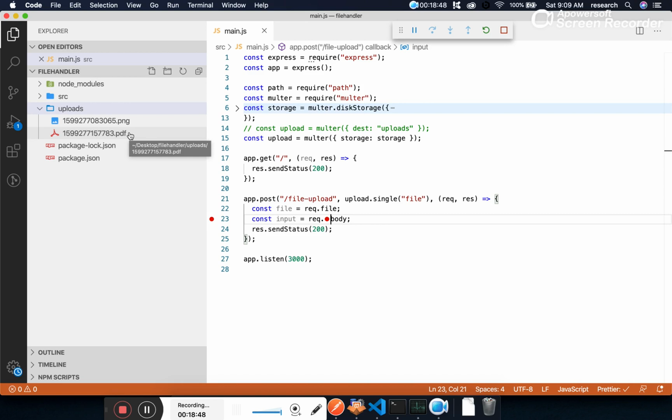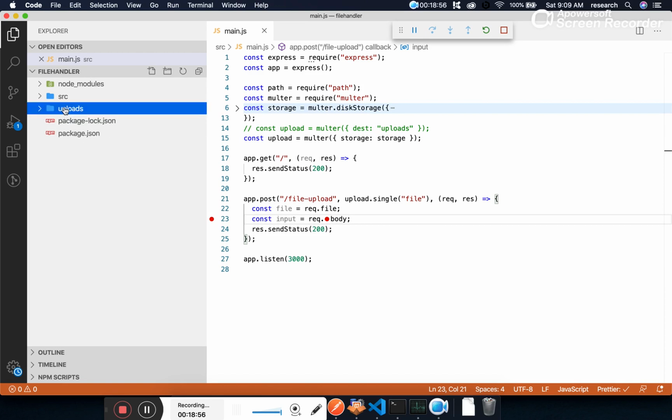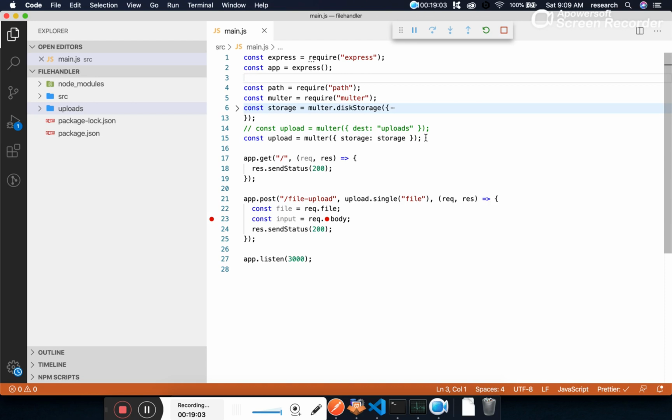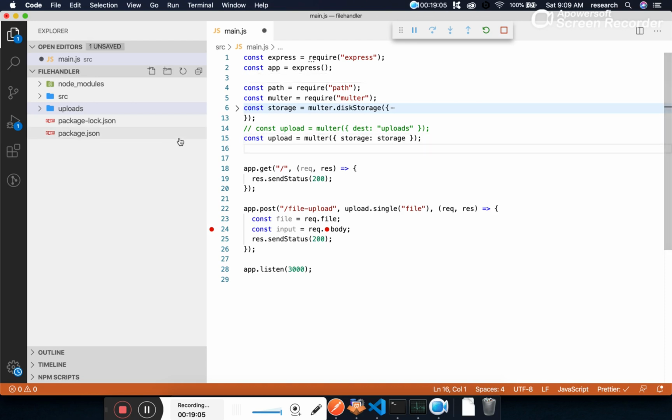What we want is to access these files. How do we access this file? These files have been uploaded in this folder, and how do we access them if we want to? So in Express JS, there's an option to make these files public. Make your folder a public folder, or we can say we can serve public assets.